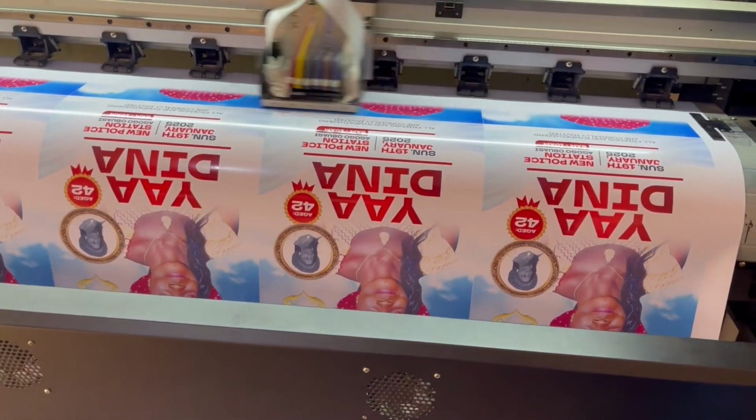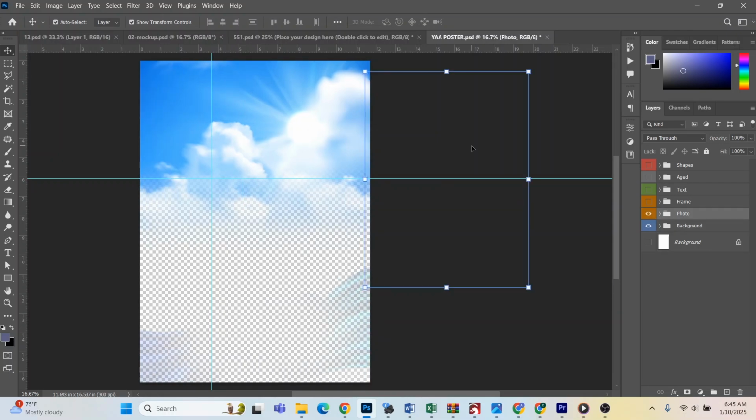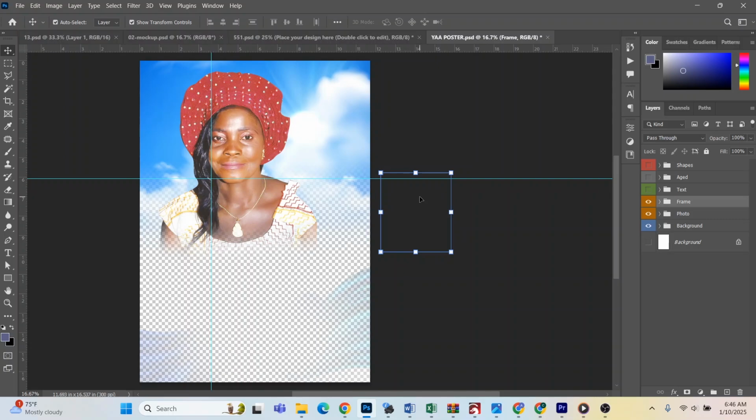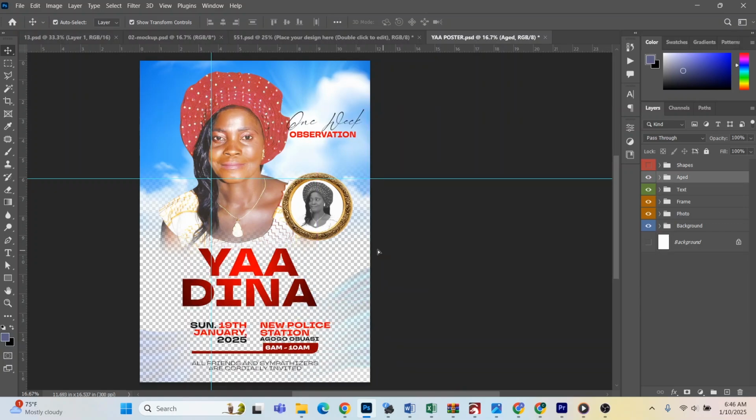Hello guys, today let's look at how to come up with this awesome design in Photoshop. So we will start by creating the background, then we bring in the image with the background cut out. Okay, then let's add this small frame here, and also let's bring in the details, the name, the time, venue,